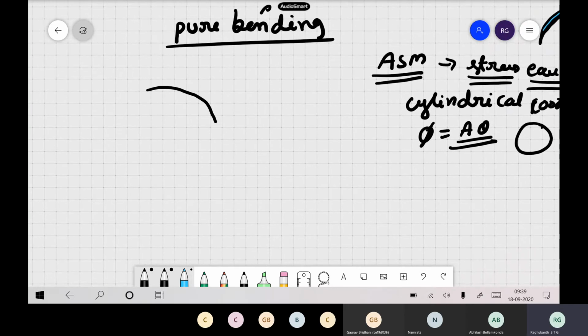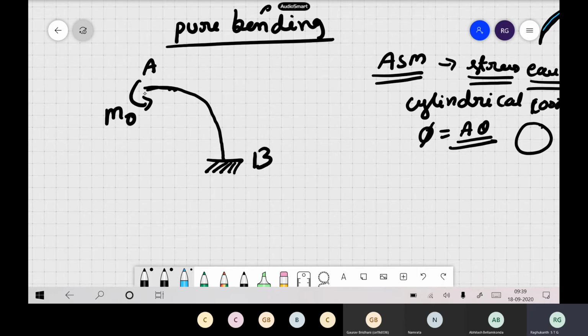Say you have an arch like this. One end is fixed, so obviously it is a stable kind of a thing. So this is B and this is A. It's like a quarter circle kind of a thing. Okay. Now it is subjected to pure bending, so bending moment M0.